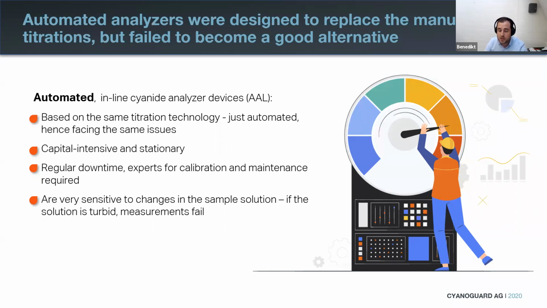And as I mentioned, due to the lack of a better alternative, many mines switch back from an automated control strategy to a manual control strategy. And this is where we try to come in and help mines with a novel technology that is not based on a titration. But before I introduce you our technology, our solution, we prepared a short list